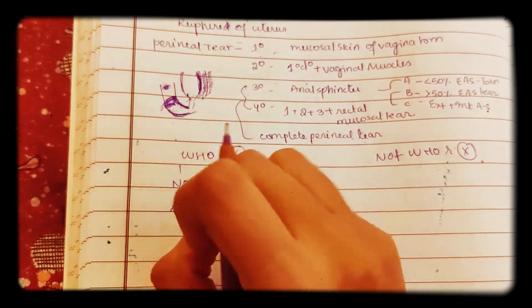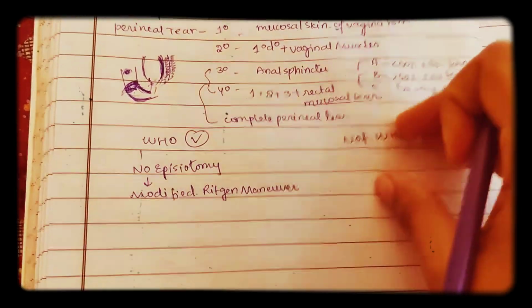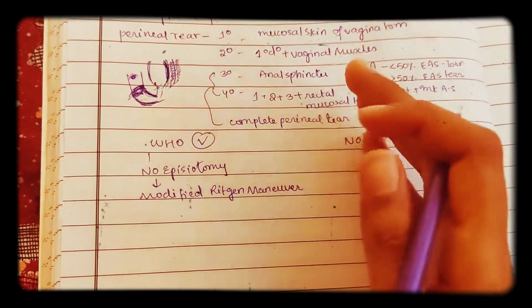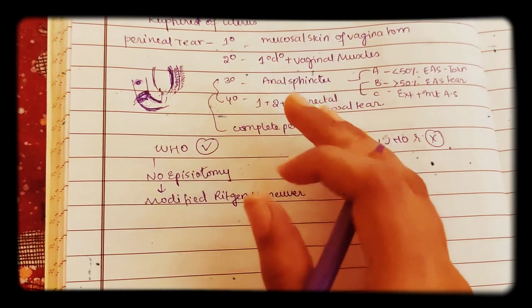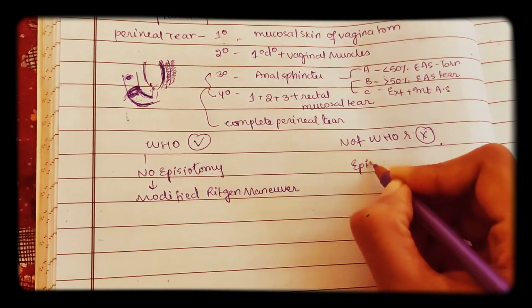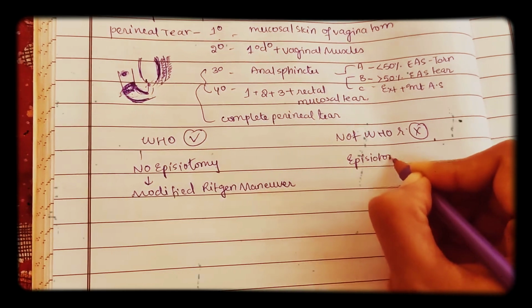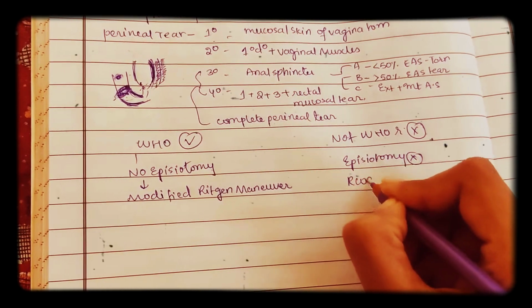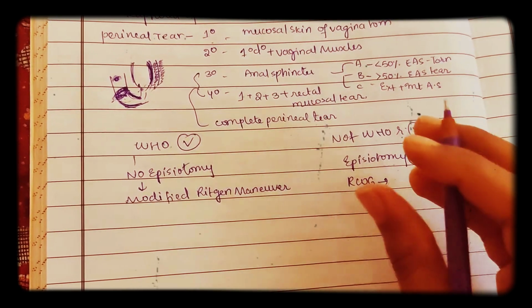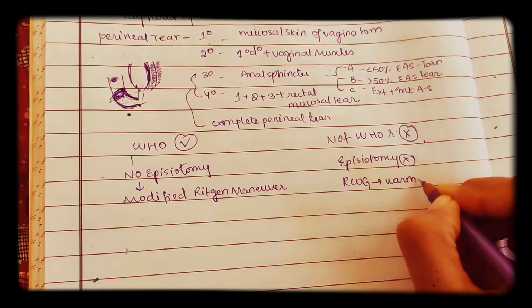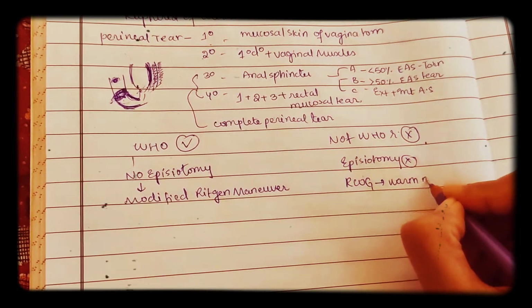So these are some of the things which are recommended by WHO, and what is not recommended by WHO is episiotomy in all females who are undergoing vaginal delivery. The same thing we have discussed, okay. Again let me write it. Episiotomy is not recommended in every female, and RCOG recommends a warm compress to be applied at the perineum. It says some warm cloth should be applied near the perineum,